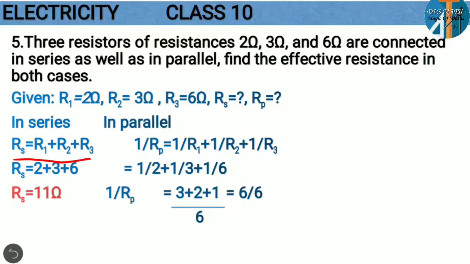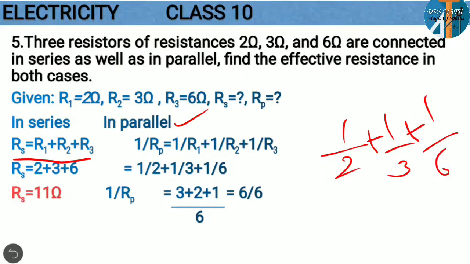Now if it is connected in parallel, the formula is 1 by Rp, where you have to take the reciprocal of Rp also. You can't write Rp is equal to 1 by R1 like that. So 1 by Rp is equal to 1 by R1 plus 1 by R2 plus 1 by R3. Substituting R1, R2, R3, you get 1 by 2 plus 1 by 3 plus 1 by 6. Together, the LCM is 6. 2 3s are 6, 3 2s are 6, so it is 2,